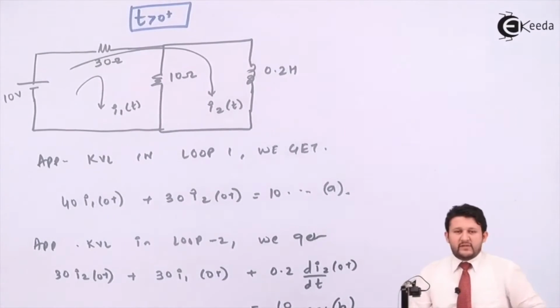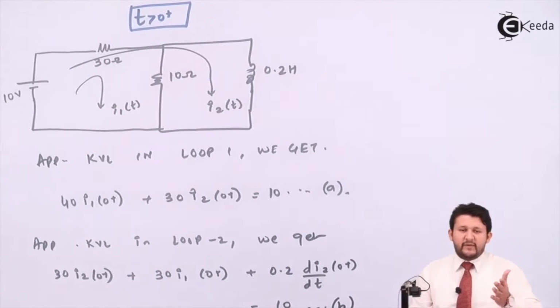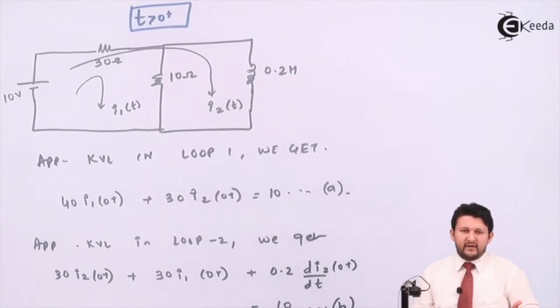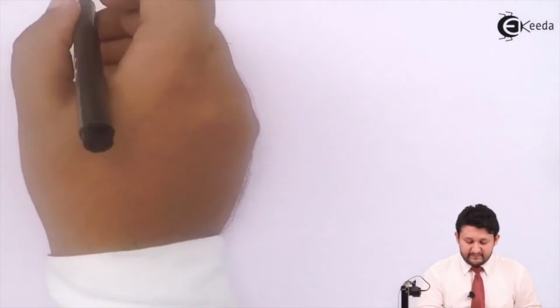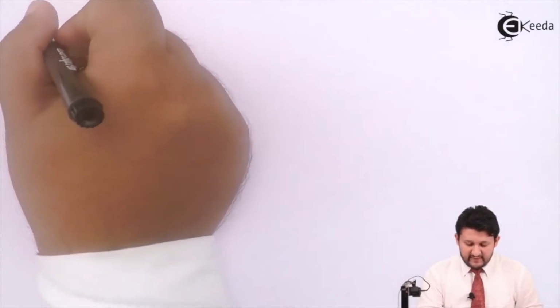If you observe equation number 2, you will get a straight away hint that you will be getting I2 of t, and that's what we wanted, because we wanted V2 of t. For getting V2 of t, we need I2 of t. So let's go for it. Arrange the I2 of t equation. If you simplify the second equation, you get